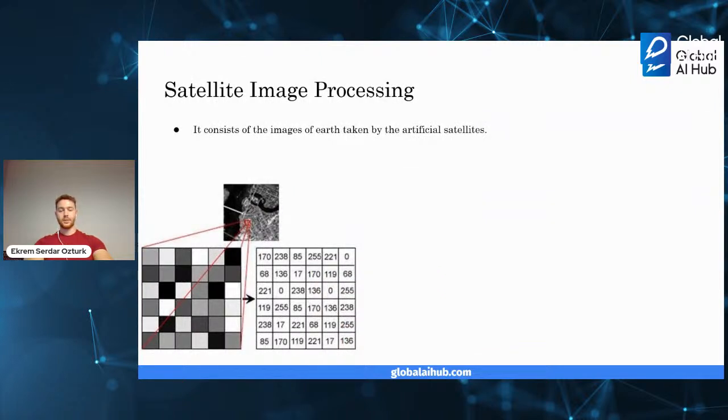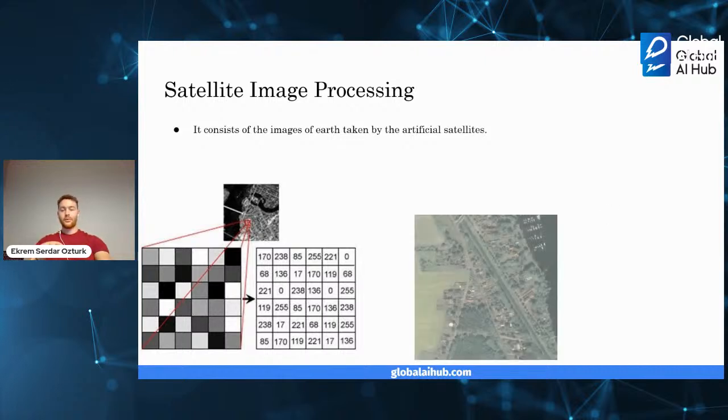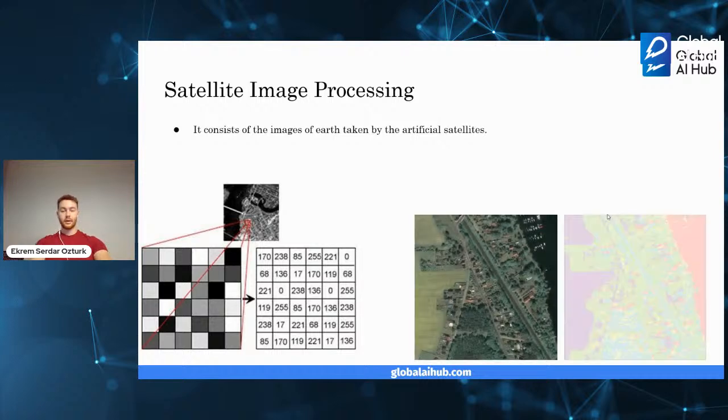All right, so satellite image processing is an important field in research and development. It consists of the images taken by artificial satellites. Firstly, the photographs are taken in digital form and later are processed by computers to extract information, and statistical methods are applied to the digital images. After processing, the various discrete surfaces are identified by analyzing the pixel values.